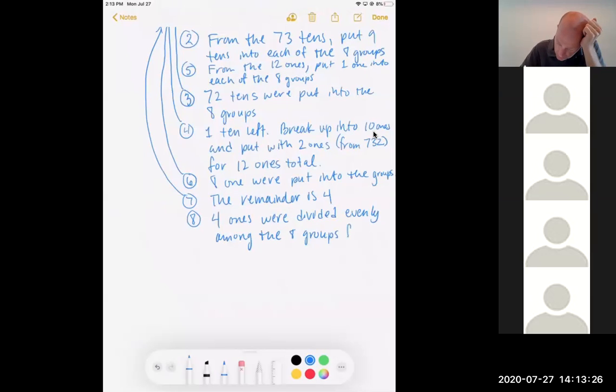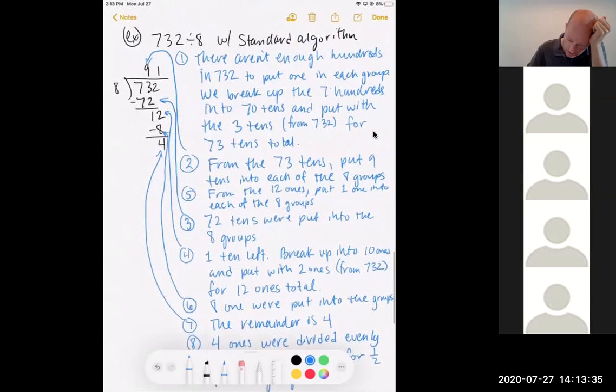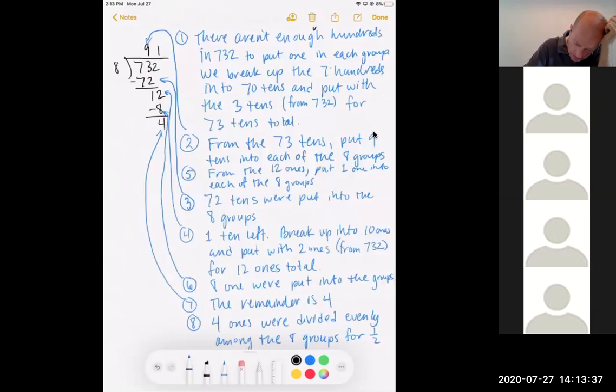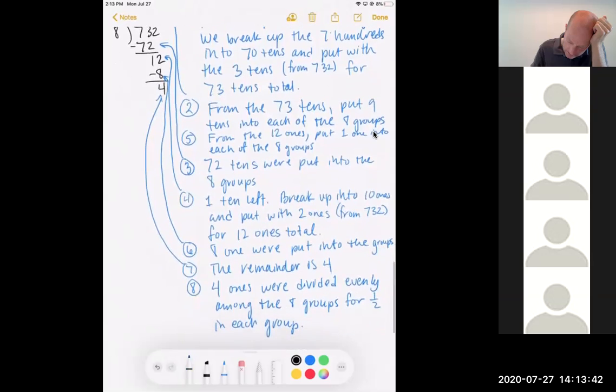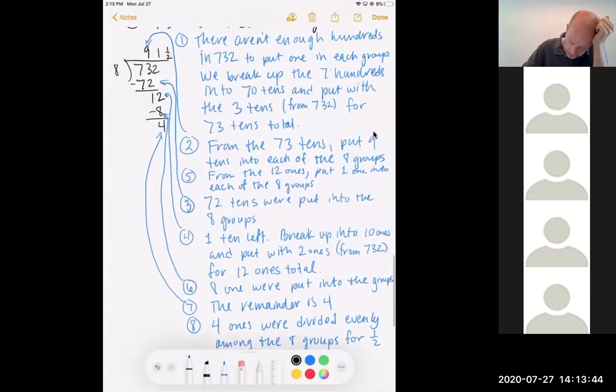For 1/2 in each group. Okay, and that's where we're going to put that right there. Okay, so 4/8 is the same as 1/2. Draw a line from here to there. Okay, so there's our next example of how to describe the standard algorithm using place value language and notation,